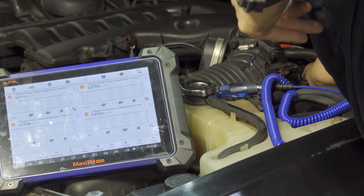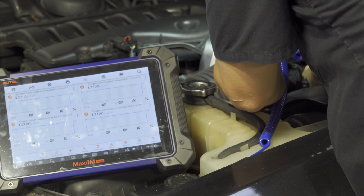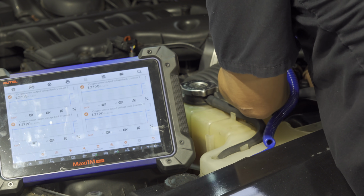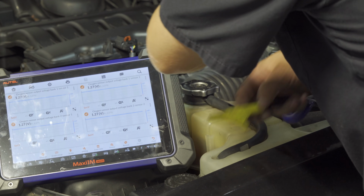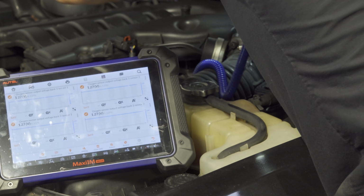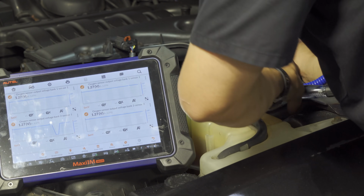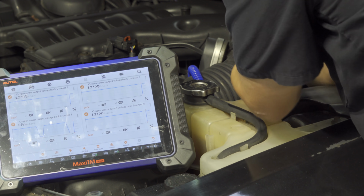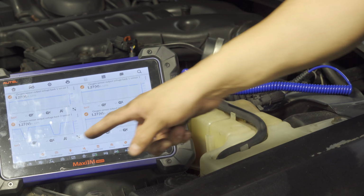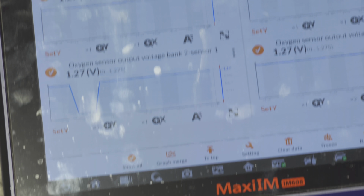But I digress. And you guys can see for yourself, this should be bank 2 sensor 1 over here. This one should be grounding once I do that. So, hold on. Of course my ground came loose. This is what happens. I've got myself another ground, and there it is. So I'm gonna do it again. This tells me everything is good up to the PCM. See that? And it is rolling away. So yeah,